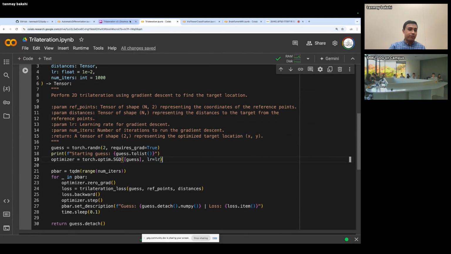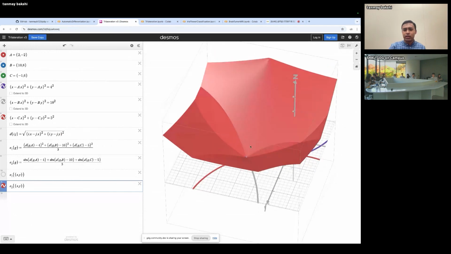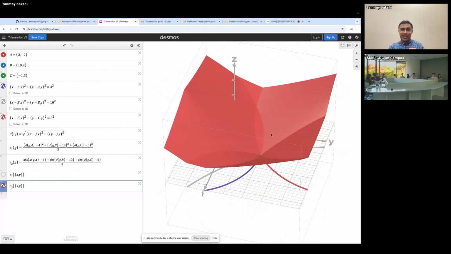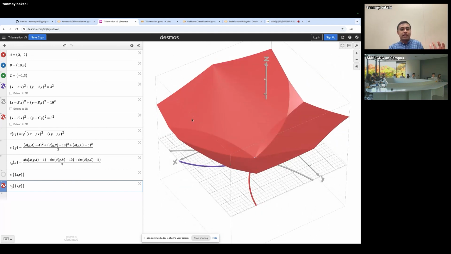Because the problem is that, for example, if the guess was really close to the best point here, and we know that we have to move down in this direction, but we go too far, then we end up overshooting it and we end up back on top over here. We don't want that. We want to end up here. And so you want a learning rate that is high enough that you don't take way too many steps to move down towards this best solution, but a learning rate that's simultaneously low enough that you don't end up getting near the solution and then just overshooting it and never actually being able to hit the solution.